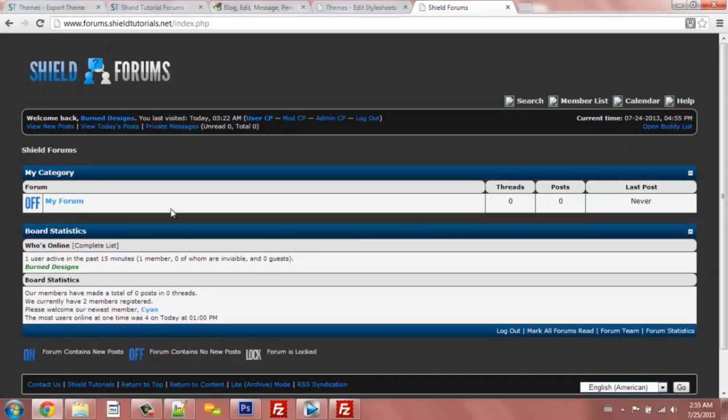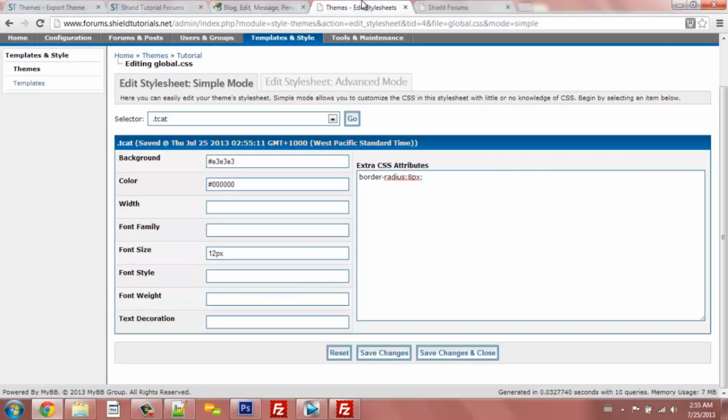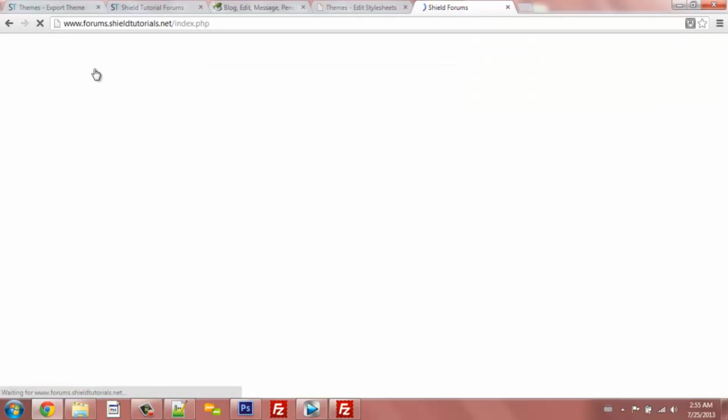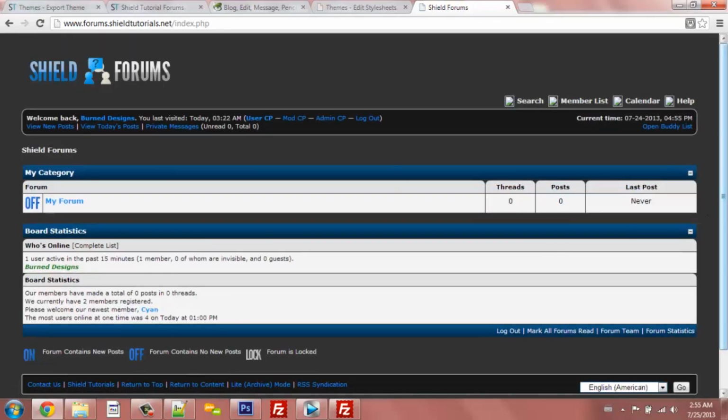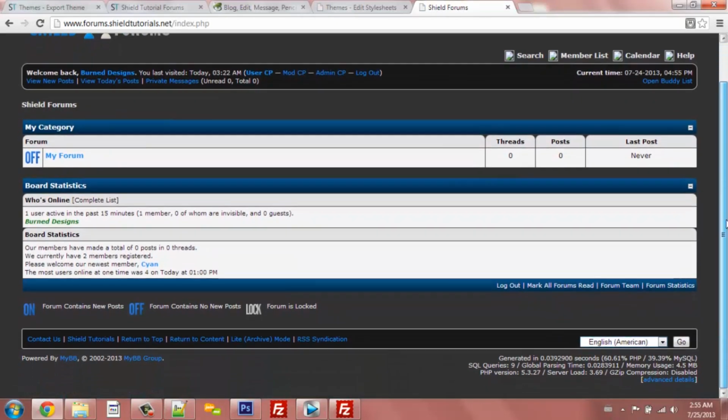As you can see, I've changed the tcat to rounded edges, but let's not do that. Let's actually leave 8 pixels and then 0, 0. What this does is it makes the top only rounded,